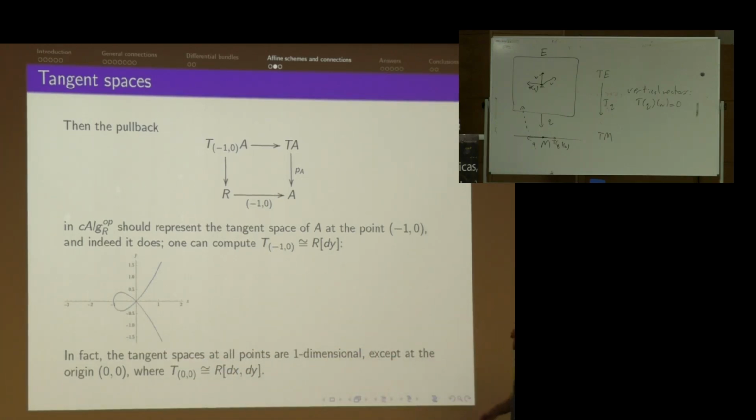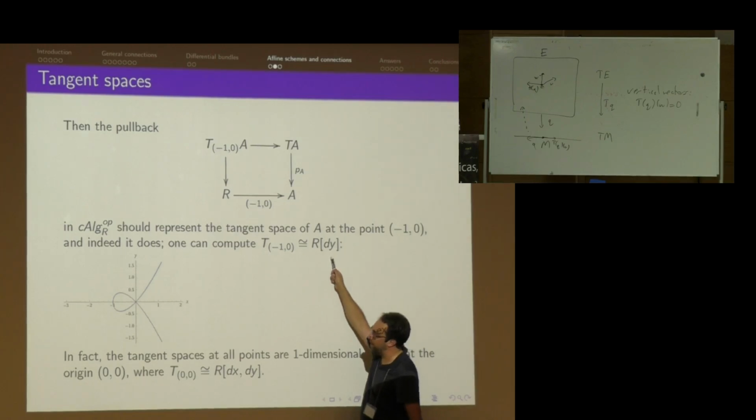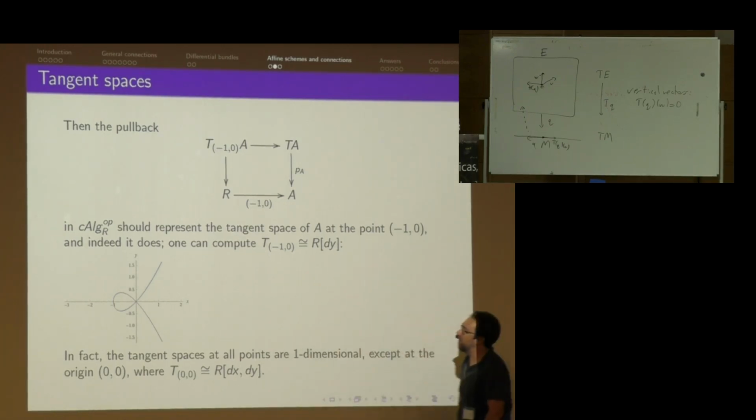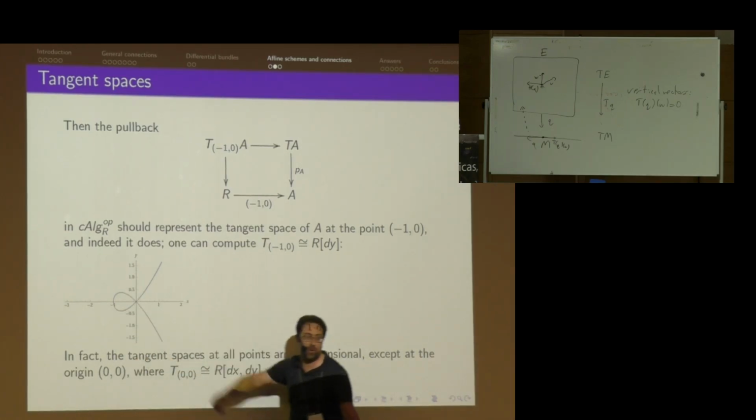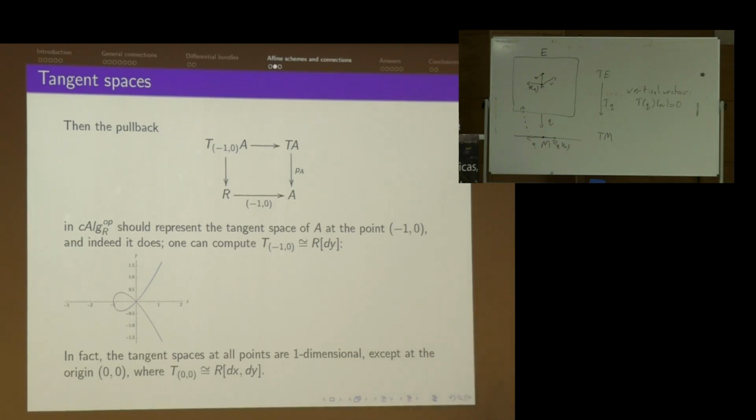you actually get, after you calculate this, that it's just isomorphic to the polynomial ring in one variable. Sort of dy is free, dx is entirely determined, which is exactly what we want, right? Because look at this point here, the tangent vector should be completely free in y and not free in x at all. So that's giving a sense that it's doing the right thing.